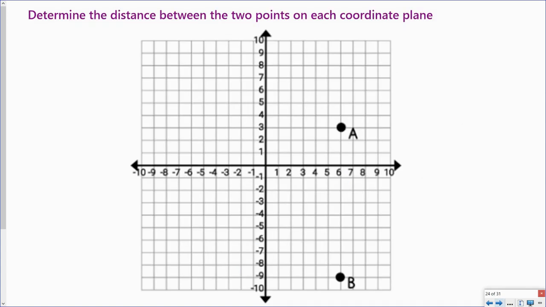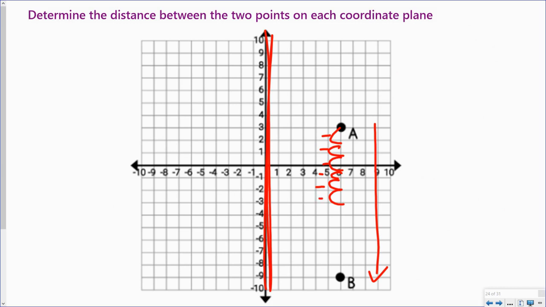So now let's move to the coordinate grid. I'm going to do the exact same thing. It's just that now I have a grid instead of a number line. But since I'm going from A down to B, I'm using my y-axis as my number line. And I will do the exact same thing. I'm going to count my jumps or count my spaces. So from here to here is one space. From here to here is another space. Here to here, another space. And I just keep doing that